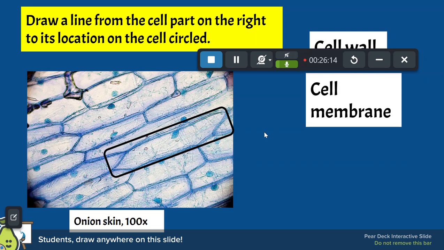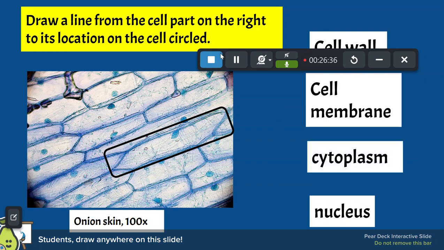Okay, and then this is an onion skin cell that does not have iodine dye. That's why it's kind of clear and blue. And so when you looked at cells in the classroom, you might have seen sections that didn't get as much dye that were more of this kind of whitish and blue color. So in this case, I asked people to draw a line from the cell part on the right to its location on the